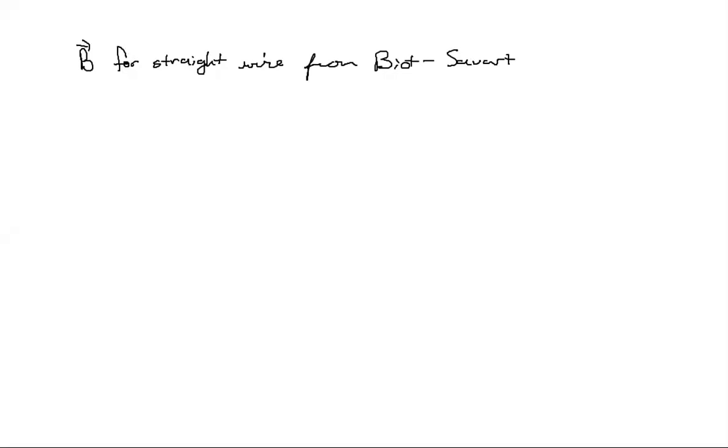All right, welcome back. So in this video, I want to use the law of Biot-Savart to calculate the magnetic field for a straight wire. To do this, before I get into this too far, let's just remind ourselves of some vector properties. Remember that in cylindrical coordinates,